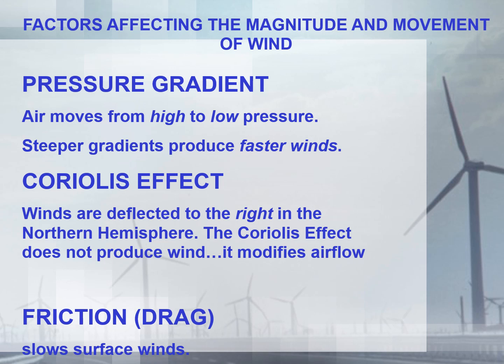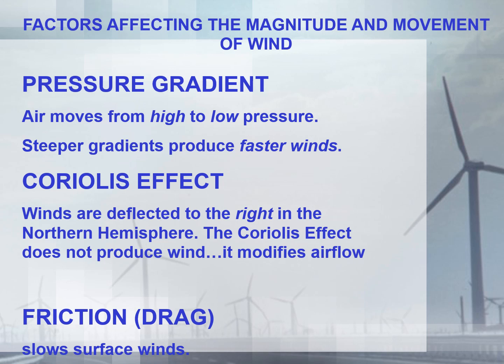So what controls the magnitude and movement of wind? Wind exists because Earth is heated unequally, and air molecules move from high pressure to low pressure. But what controls the magnitude of the wind, whether they are fast winds or slow winds, and the movement of wind, like where it's going to go? The pressure gradient is where it all starts. Air molecules move from high pressure to low pressure, and